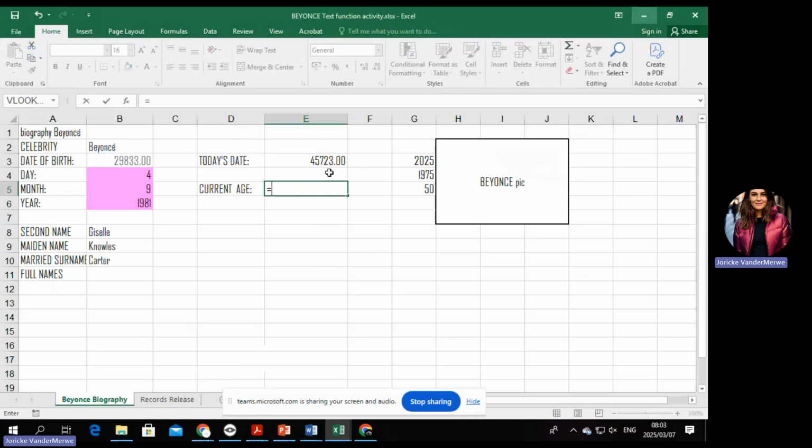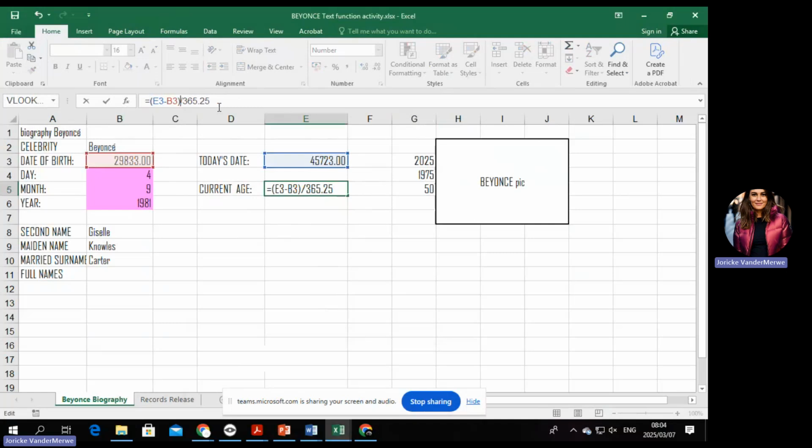But before I show you the round, I think it's important that we just check the formula. So you're going to take that and subtract that. And then we're going to get a big number, which is not going to be correct. We still have to divide it by 365.25. And then you're going to see it's still not going to be the perfect number. So I'll explain now what you need to do to get that number right. I want you to understand that this must be done first. That's why I'm doing it in steps.